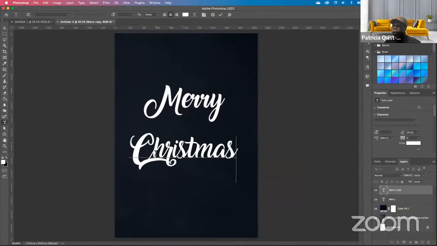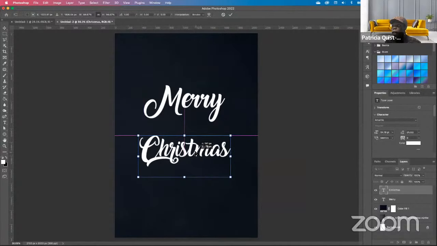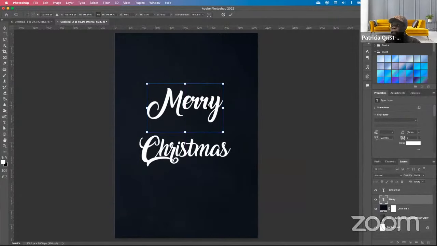So once I have my Christmas typed in, I want to go ahead and move this and set that below my Mary. So I have something like this. And notice that I'm trying to line things up. So try and line your items up as you do it, okay? So with this set, we want to go ahead and add a gold texture to our fonts. So to do that,